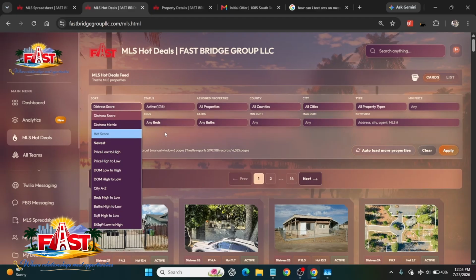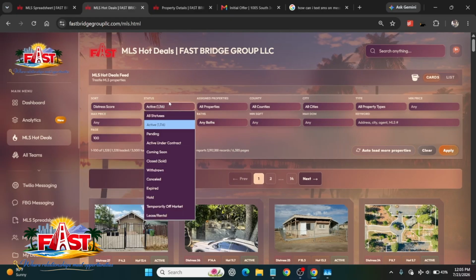We also have distress metric. That's another version that I've built. It's an algorithm that I'm making to find distressed properties. Hot score, this is California Regional's multiple listing services hot score, so it has its own metric of finding distressed property. Now we have status: active, pending, active under contract, coming soon, closed, withdrawn, canceled, expired, hold, temporary off market,